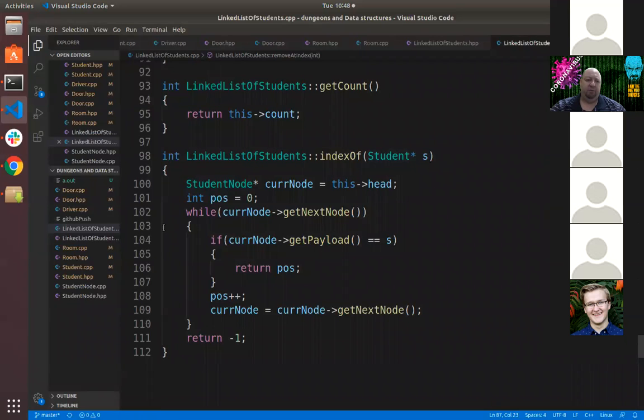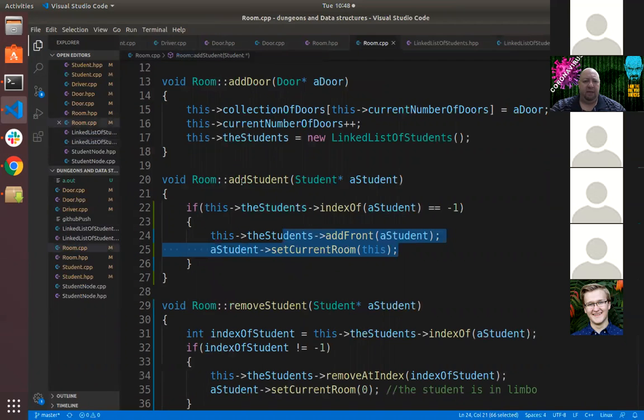We pass on the student pointer. It goes through. If we find anything that equals that, we return the position and return something that's greater than 0. Only here do we get something that is -1. When I add a student to a room,